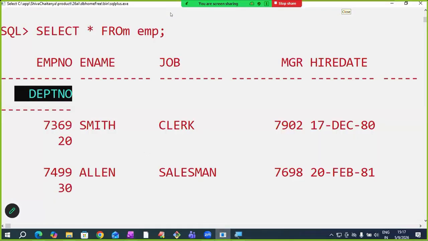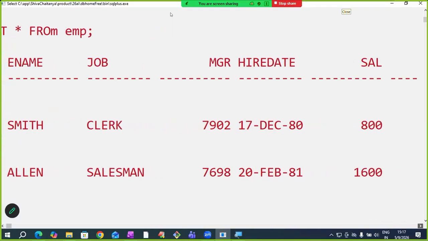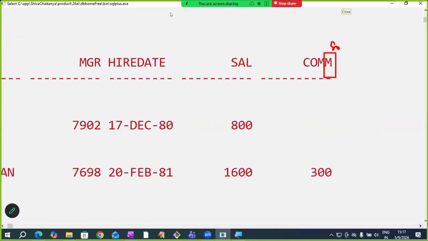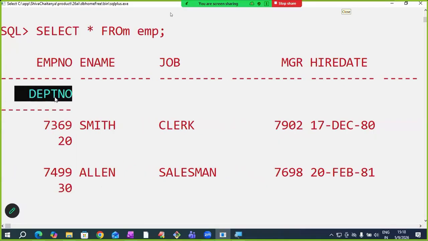Notice here. This is first character space, second character space, third, fourth, fifth character space. Sixth character E, 7th M. Like this, in total it can hold 80 characters in one line. So till here, 80 size is over. That is why it is not displaying the 8th column heading here; it displays the 8th column heading in the next line.